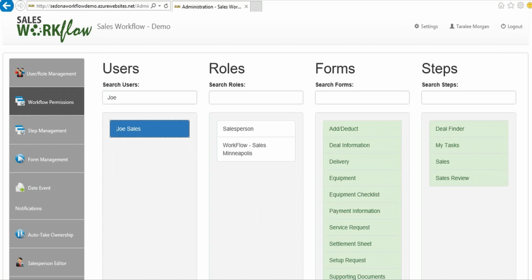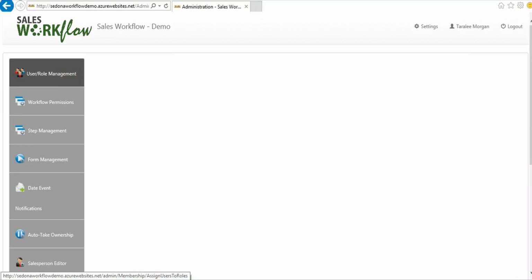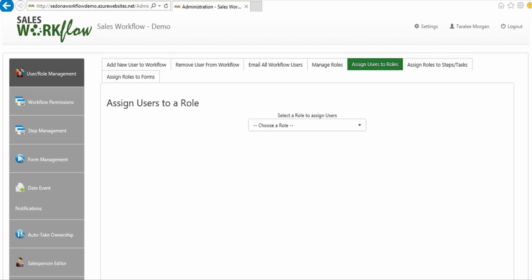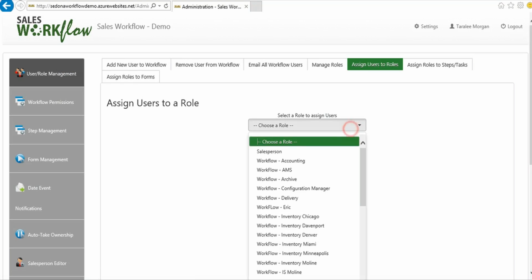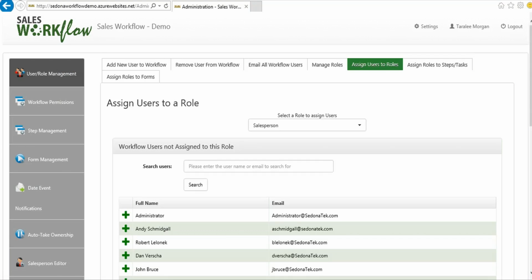To modify the user's permissions, click on User Role Management. Then click on Assign Users to Roles. Use the drop-down menu to select the role needed, Salesperson. Under Workflow Users not assigned to this role,